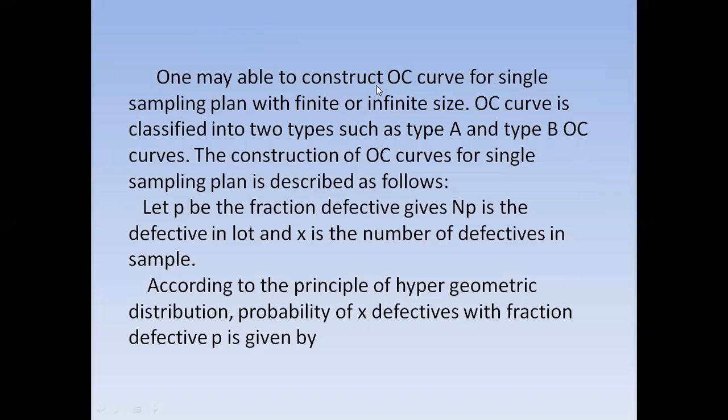So one may be able to construct the OC curve for a single sampling plan with finite or infinite lot size. OC curves are classified into two types, type A and type B OC curves. The construction of OC curves for a single sampling plan is described as follows. Let P be the fraction defective, NP the number of defectives in the lot, and X the number of defectives in the sample. According to the principle of the hypergeometric distribution, the probability of X defectives with fraction defective P is given by